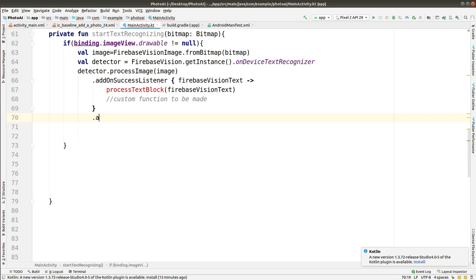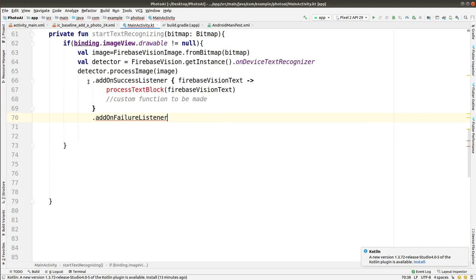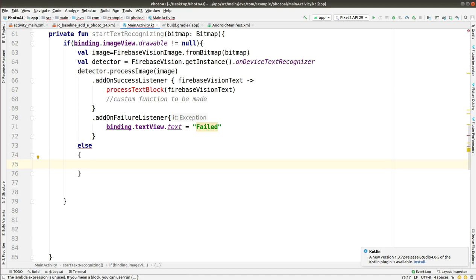So we will be making this function. For now we have to add on failure listener, and using the binding text view text equals failed. If we don't get any type of result, if the image was corrupted, or there might be some other problem, then it will show as failed.